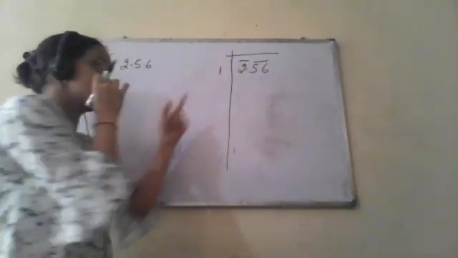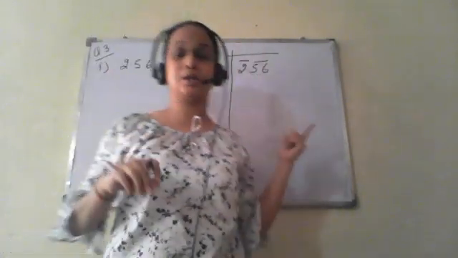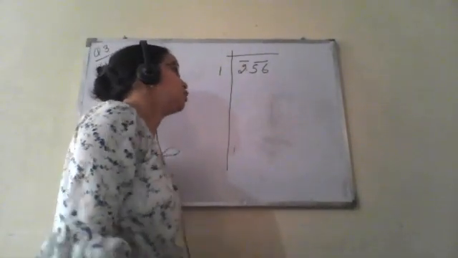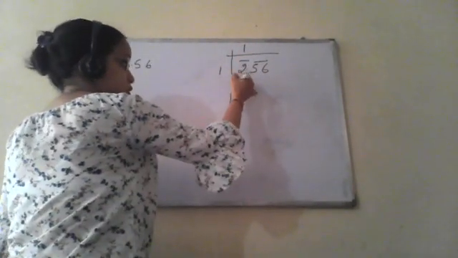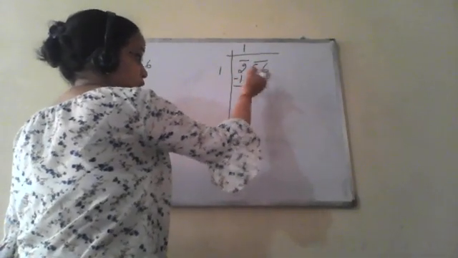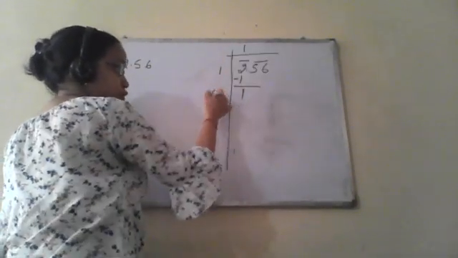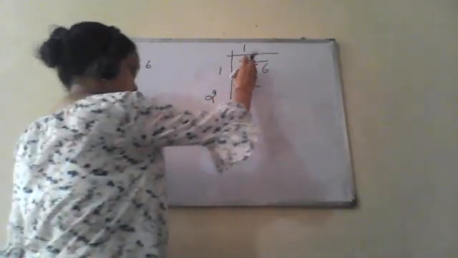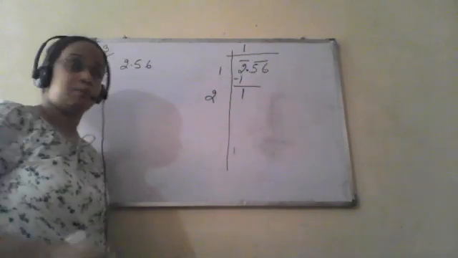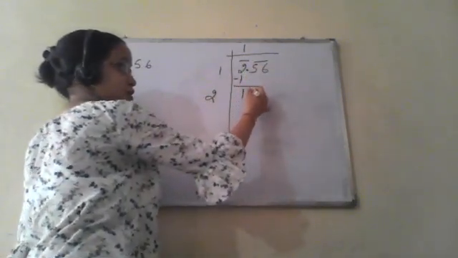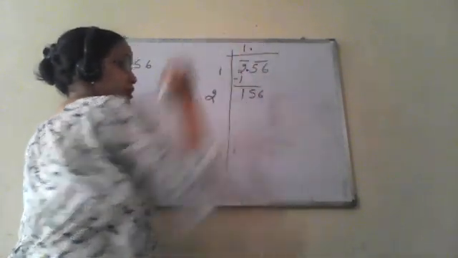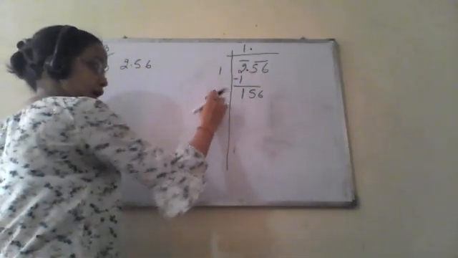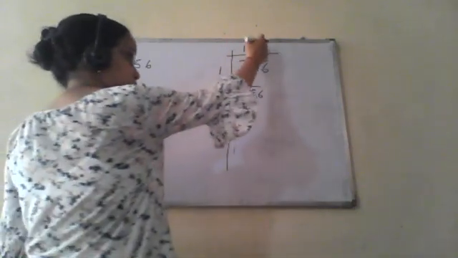So first, we have to think of a number whose square is either less than 2 or equal to 2. So it is 1. So 1 into 1 is 1. So double of 1 is 2. 2 we will write here. Since it is a decimal after this number, we are going to bring this 0.56 here. So we will put a decimal here. Now we have to write a number. Exactly the same number should be written over there.